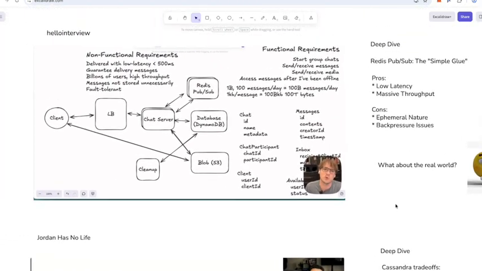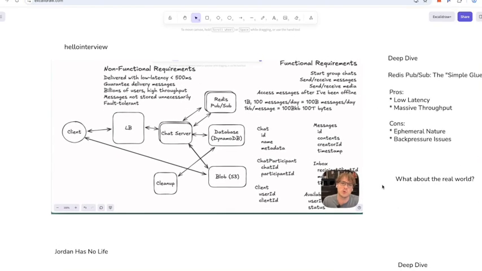The first system design we're going to deep dive into is the Hello Interview design, where this guy set up a load balancer to handle requests from millions of users. The chat server manages the WebSocket connections, and communication between chat servers, to reach clients connected to different chat servers, is done using Redis pub/sub streaming.